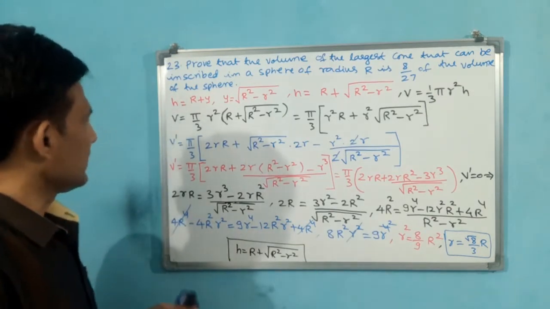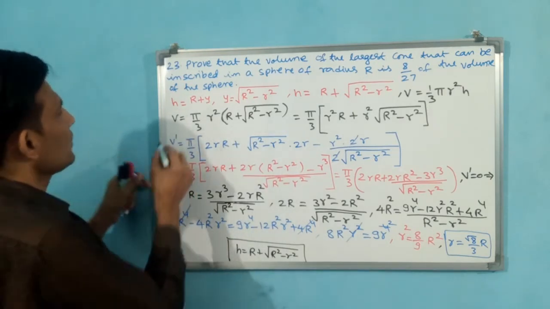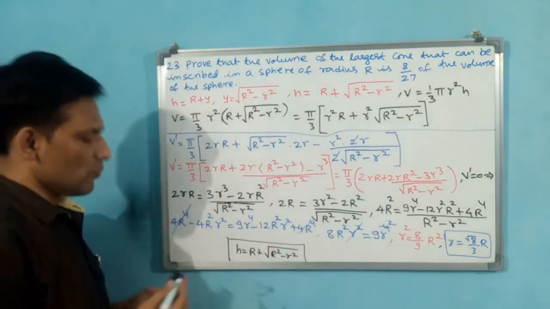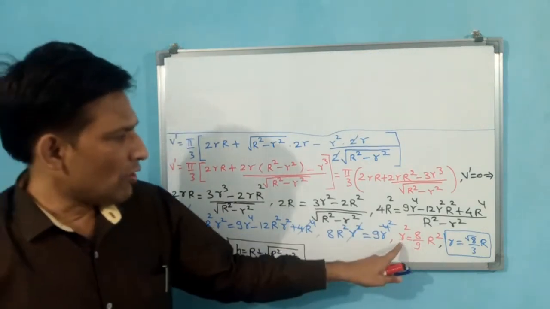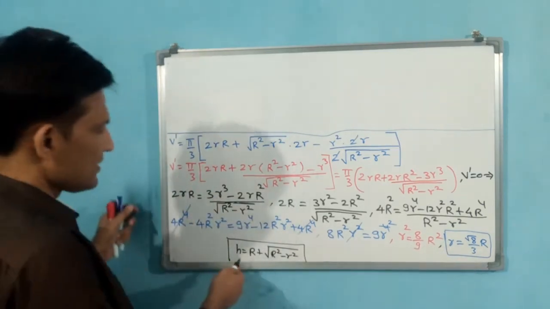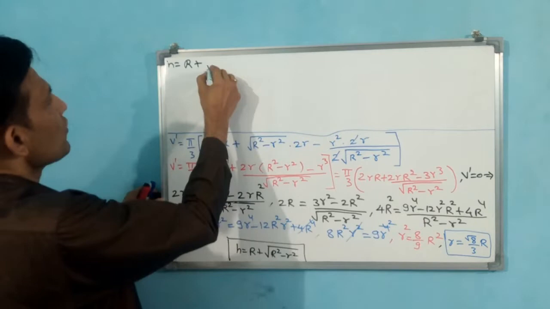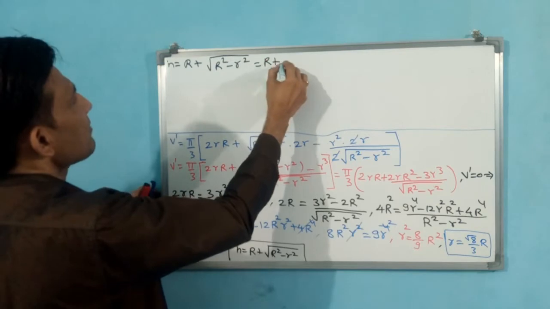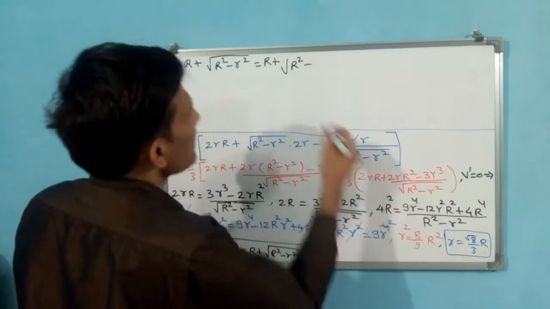I am going to remove up to here this blue color. Okay, here. Up to here I am going to remove the top. Pause and note down. Okay. See, we have got small r square or r, but we want h, then we can find volume. See h, again I am writing, h is equal to capital R plus square root of R square minus r square. That is equal to R plus square root of R square minus, you see small r square, directly shall I write 8 R square by 9.